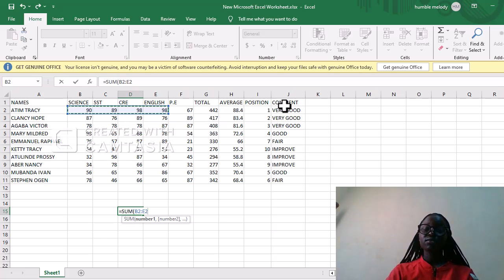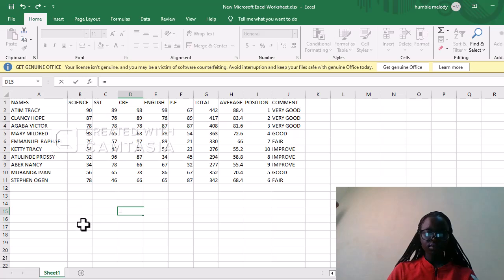Some of the errors in Excel. Errors in Excel can occur for various reasons, ranging from incorrect formulas to data issues. Let me see if I can generate some here. When we want to divide something here, equals to,